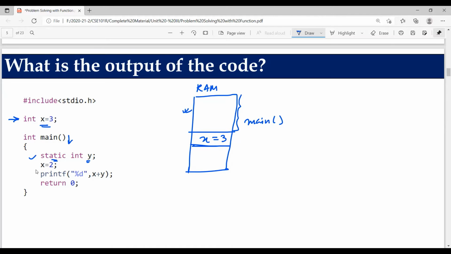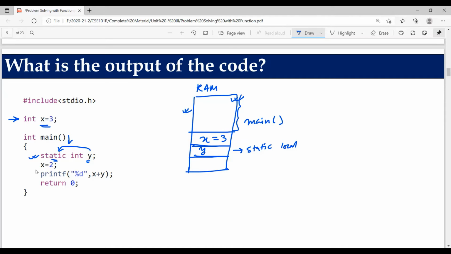What is static here? Static is a storage class. So remember the most important point here: a static variable, which might be declared inside a function or outside a function, gets memory from a separate memory block. Although a reserved memory block is there for the main method, due to the nature of y that it is declared as static storage class, a separate memory block will be reserved for y. So here y is declared in a separate memory block. This is for static local variable.